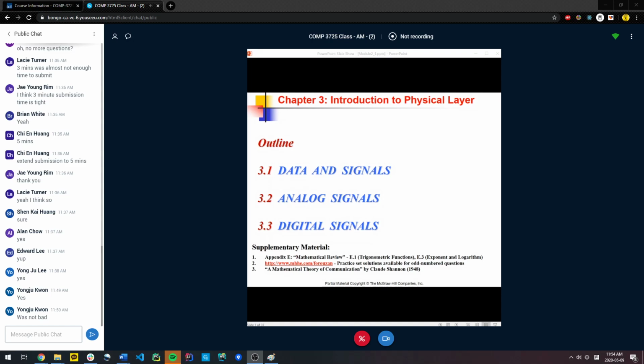But if you struggle a little bit in this, then I want you to read a little further than that, by reviewing some Math 11, Math 12 type of material in terms of sine waves. But you should be able to understand fully E.1, which is the trigonometric functions, and how to extract the amplitude, the phase, and the frequency of a sine wave.